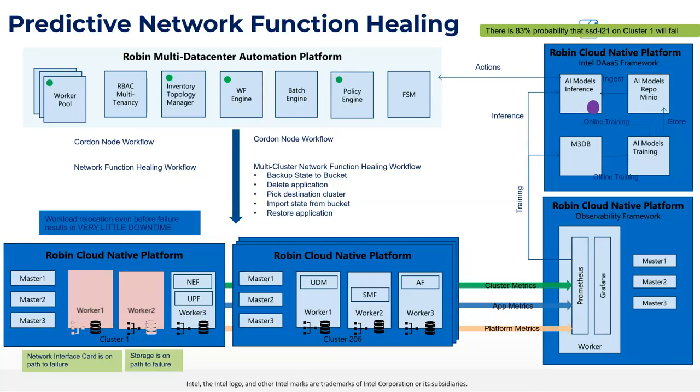So I hope these two examples gave you a very clear picture of some of the things that are possible with AI-based automation. I think I want to leave you with a couple of thoughts to consider before we go to the questions. One is that it is important that you have an orchestration layer like MDCAP that can accommodate these automation workflows in a seamless fashion with the understanding of the inventory of the installed components and network